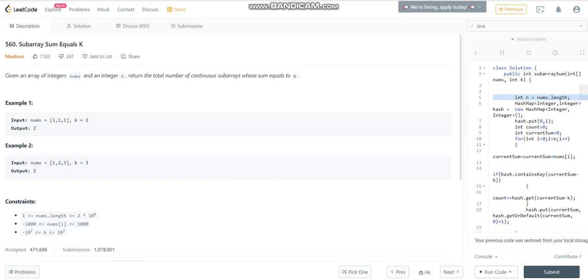Here, if you check, the subarray 1 comma 1 forms the first subarray and this forms the second subarray, and this is how the output is 2. Let us check the second part of the test case. Here 1 comma 2 becomes one subarray and 3 becomes the other subarray, and that's how we get 2 as the answer. So I think the question is pretty much clear. We will move on to the algorithm to solve this one.